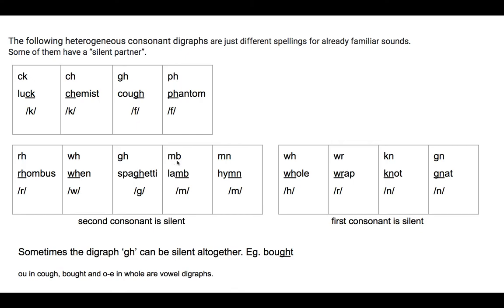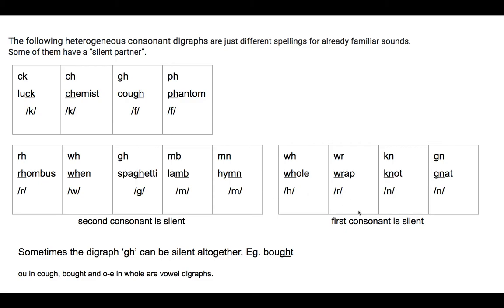The letters M and B produces the sound M. Here the second consonant B is silent and the first consonant produces its sound M. For example, lamb. The letters M and N produces the sound M. Here the second consonant N is silent and the first consonant produces its sound M. For example,